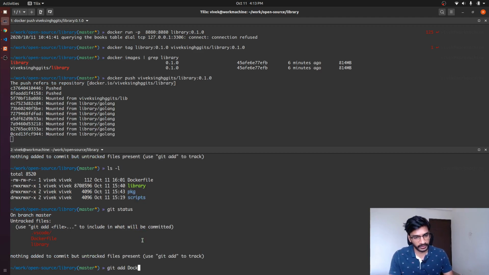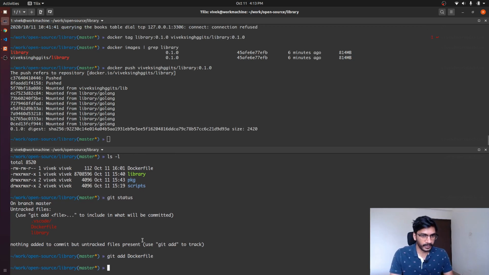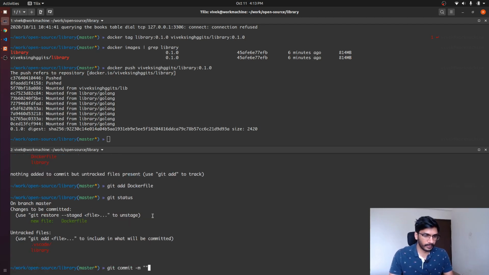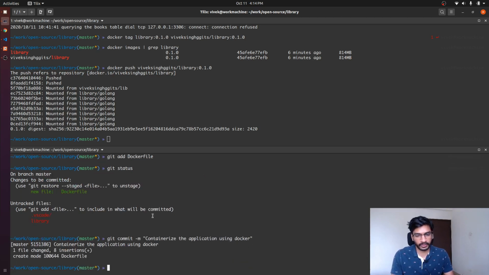So git add Dockerfile, and we can see that the image has already been pushed. So git commit, containerize the application using Docker. Okay, and once we have committed the changes, we'll have to actually push the changes into GitHub. So git push.